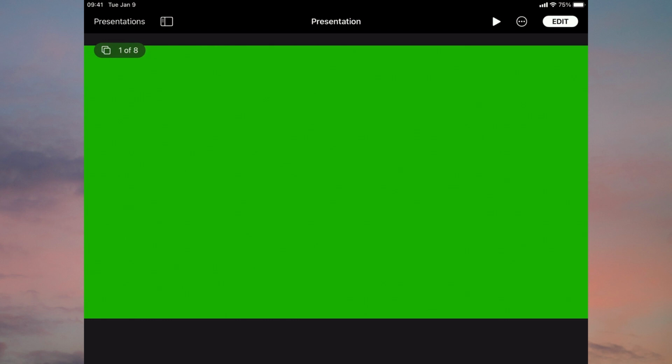So from here, when we're going to make presentations, we need to press the white play icon on the top right hand side. So you've got the edit button, the circle with the 3 dots, and the white play icon. Touch the white play icon. That clears the screen completely so that you can then start to write on it. So now you'll need to connect your iPad to the Mac using your Lightning to USB cable. I'll now take you into demo mode in Ecamm to show you how to set this up as a camera overlay.